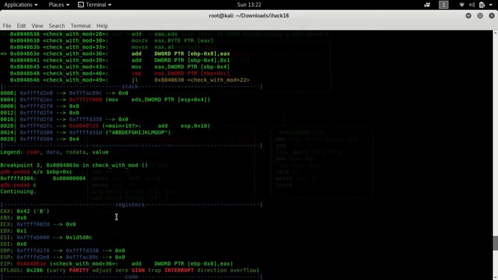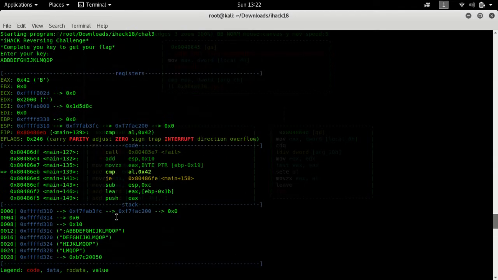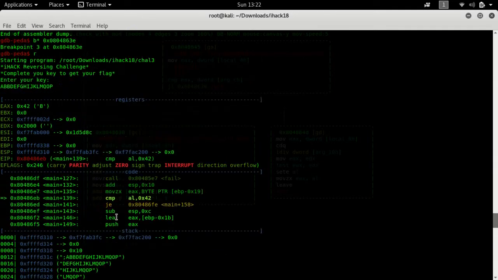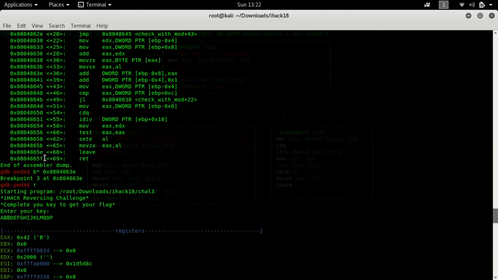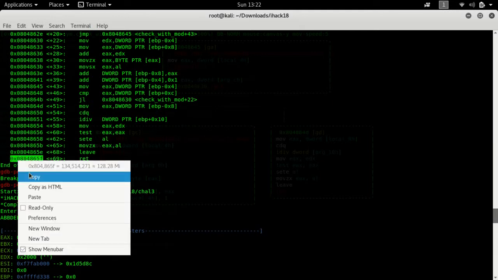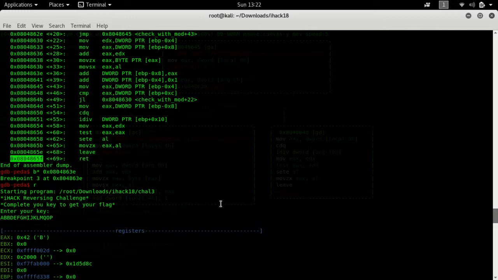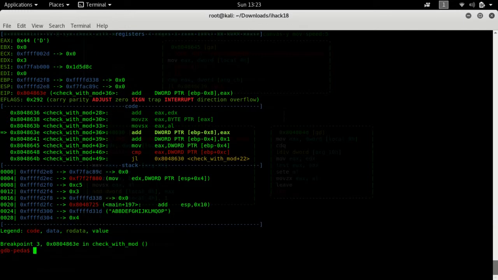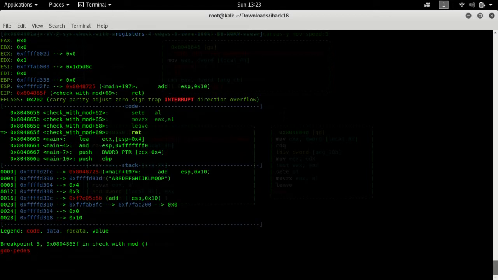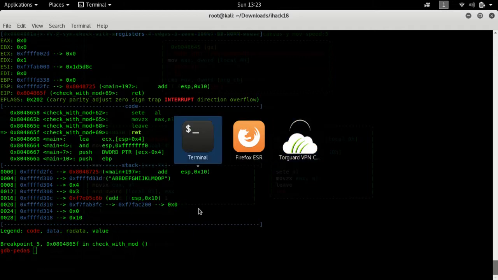How do we know? Let's put a breakpoint here to make sure that we're going out of this function. Breakpoint. This is breakpoint 5. Let's continue. We hit that breakpoint 5, so we're going out. But if we continued, it will just fail. Why? Because if we see here in Radare,